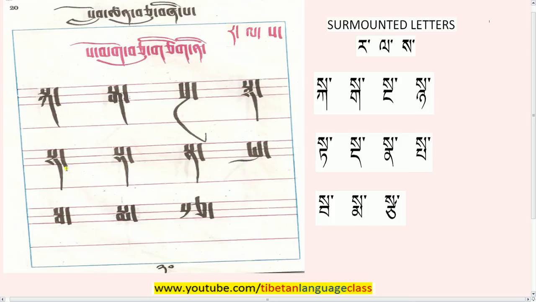And if you have noticed, this is the letter nga. So when you have any of these three surmounted letters, you can see a little change in the shape of the letter nga. And then same thing here, this is the letter ta in headless letters, and generally it looks like okay,